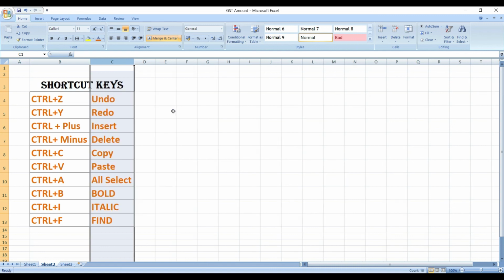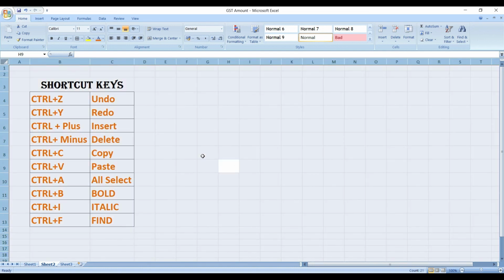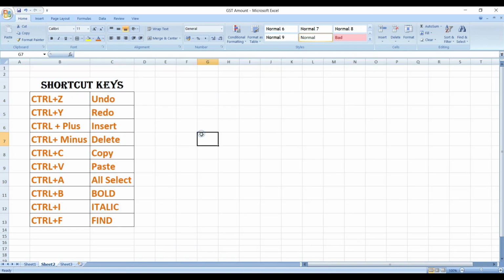Okay, and now I want to copy something. I have copied with Control plus C, and I have to paste it elsewhere. So what I need to do is Control plus V. If I want to select the whole sheet, what I need to do is Control plus A. See, all the cells are selected.